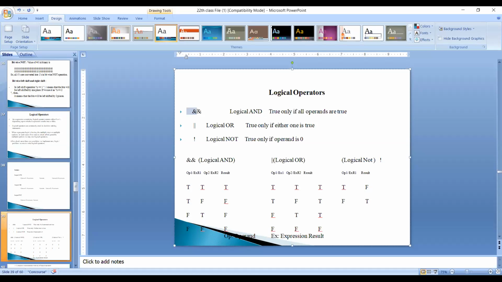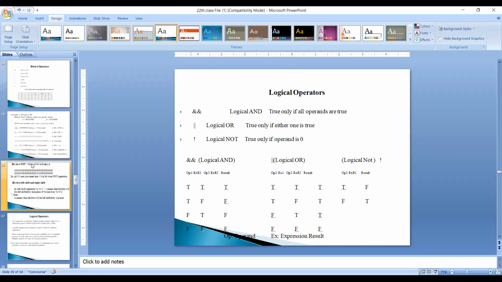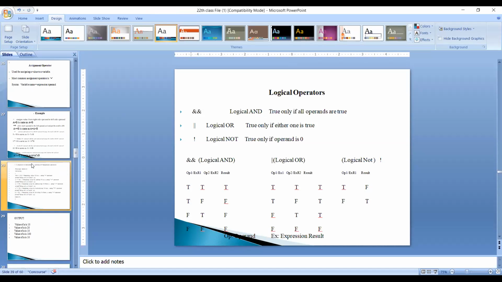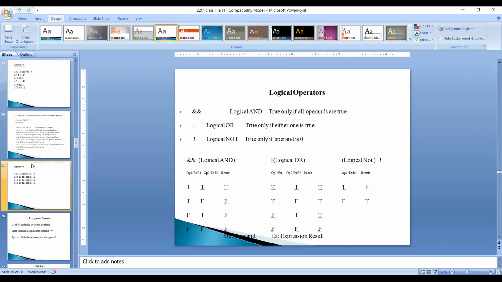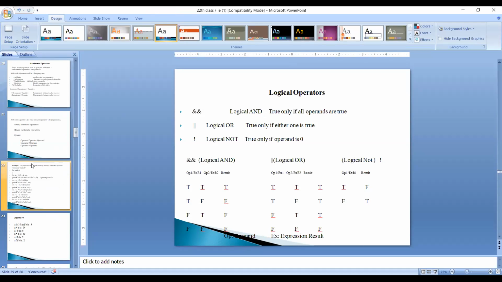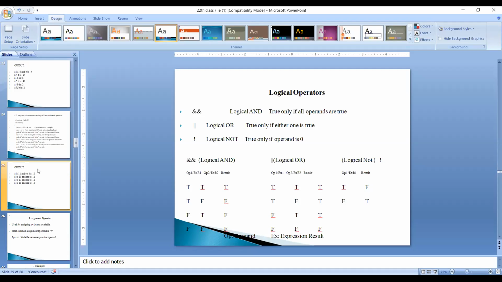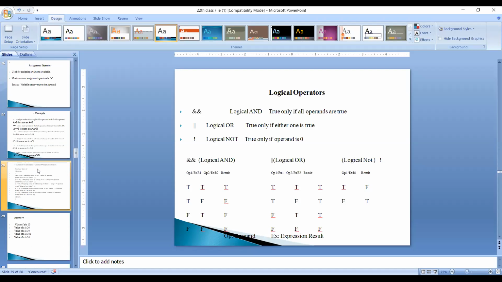First one is the AND operator. Second one is the OR operator. If you write the AND symbol two times, that is called logical AND. If you write it only once, that is the bitwise operator, bitwise AND. There is a difference between bitwise and logical. Bitwise operators are performed on bits, logical operators are performed on expressions. But the operation is the same.